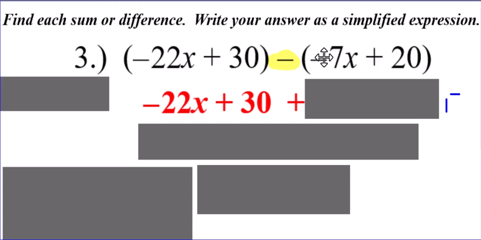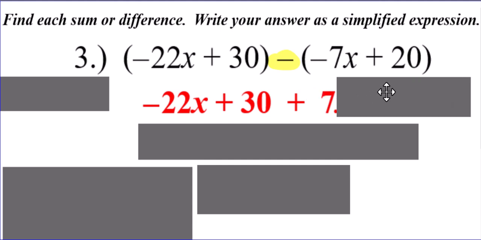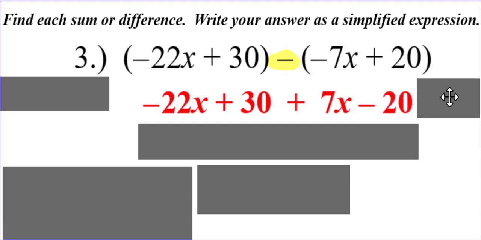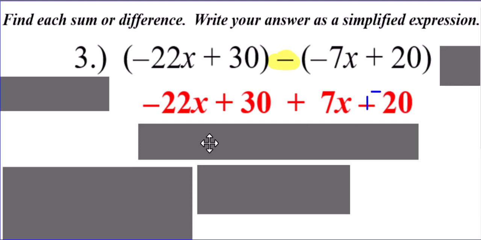So, what's the additive inverse of negative 7x plus 20? It's positive 7x minus 20. Write that down. As you can see, I'm making subtraction become adding the additive inverse of what we had to the right. It's positive 7x and minus 20. If you can get that step right, these problems are not going to be a big deal for you at all. Now, before I go any further, I need to look to see, do I have subtraction anywhere? Nope, here's addition, here's addition. Oh, here it's subtraction,